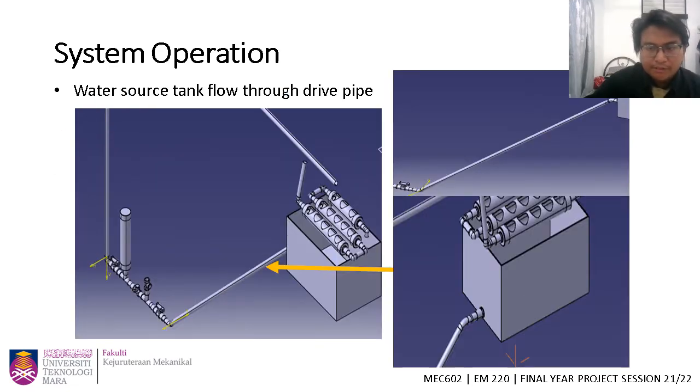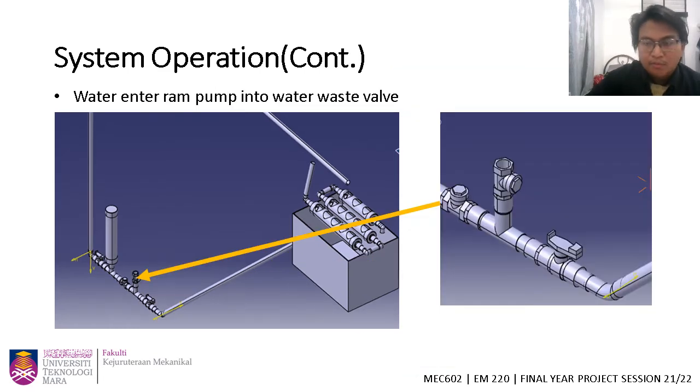Okay, the system of operation. The operation begins when the water flows through the drive pipe in order to enter the hydraulic ram water pump with a certain elevation, and for this project the elevation is 1.8 meters, which is the pump head. Then the water flows through and enters the waste valve or the check valve. In this valve, the phenomenon called the water hammer effect occurs. So the water is able to flow through the